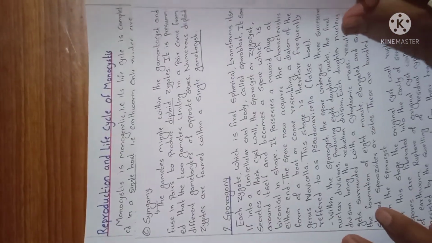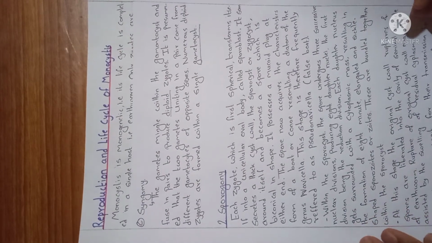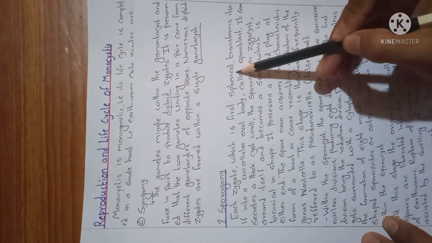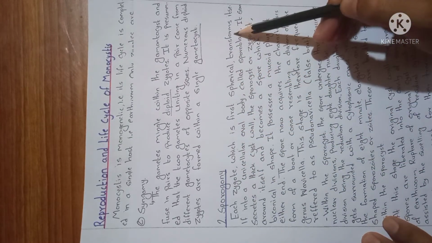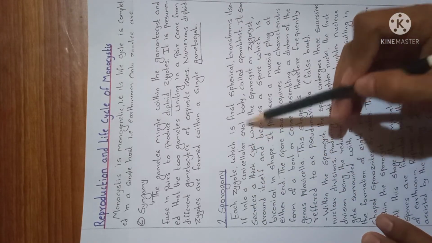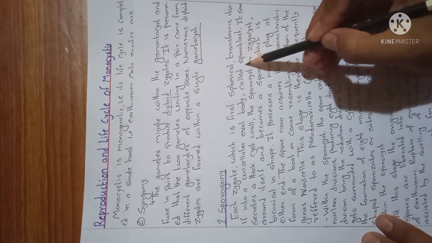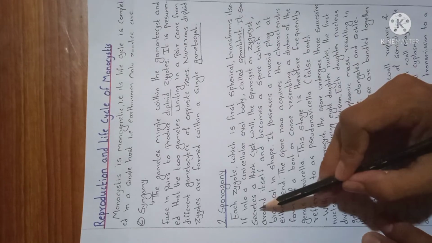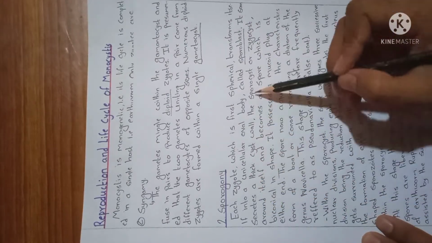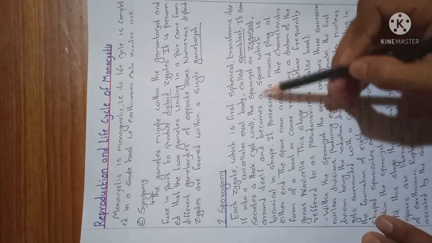And then the sporogony process begins. In the sporogony process, spores are formed. Each zygote, which is at first spherical, transforms itself into a unicellular oval body called a sporoblast. It secretes a thick cyst wall. The sporoblast secretes a thick wall known as the sporocyst or zygocyst round itself and becomes a spore,